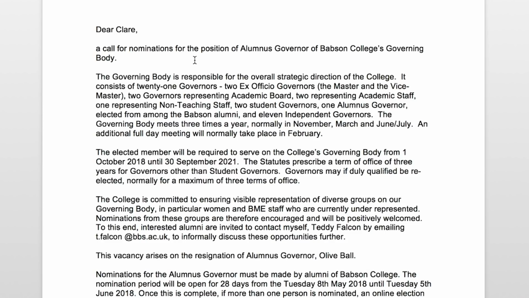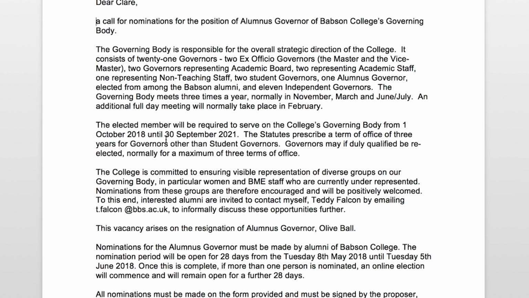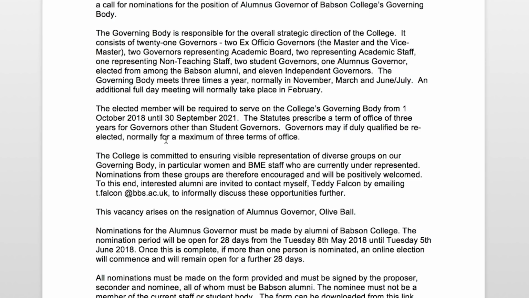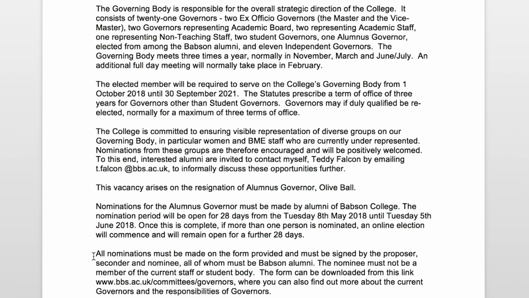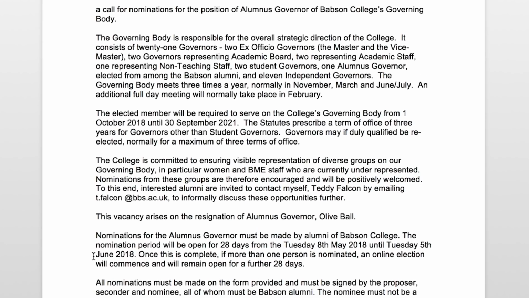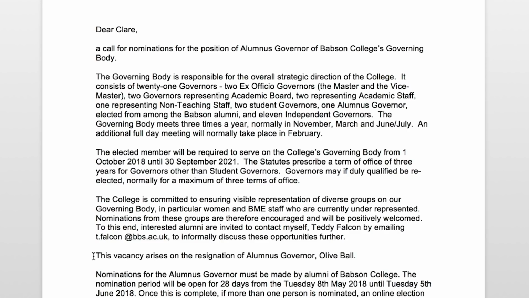So what I'm going to do is I scroll down and I've managed to establish from lower down in the text that they are seeking nominations, and you need to find various people, a proposer, a seconder and a nominee, all of whom must be alumni, and that's what the nomination will involve. So it seems to me like they're looking for nominees, and it could be you or it could be someone else. So the way I'm going to rephrase this is, let's say,